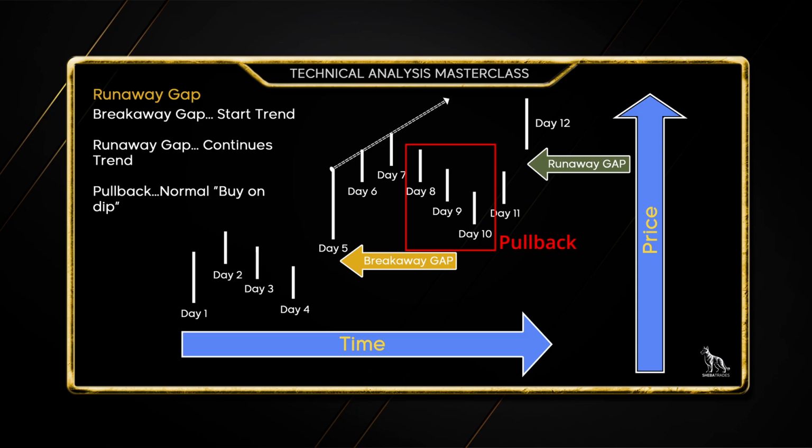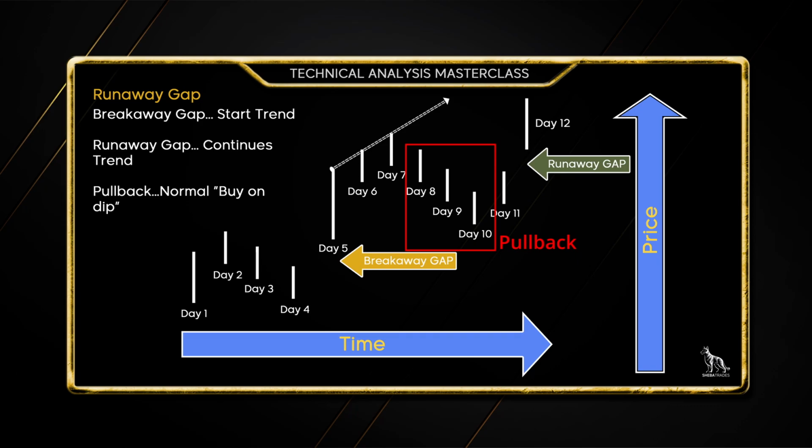And so we have that buying on the dip when it dips down for a pullback for a day or two, maybe 3 or 4, and then we have more of a movement back towards the upside to continue the uptrend. Then we have that big gap between days 11 and 12, and that's the runaway gap. So you're really just reinforcing the continuation of that trend with that form of gap. It's very normal, natural to have a little bit of a pullback, so you want to be watching for that.